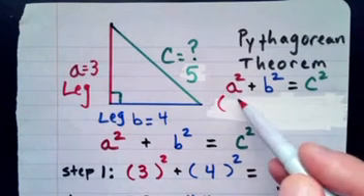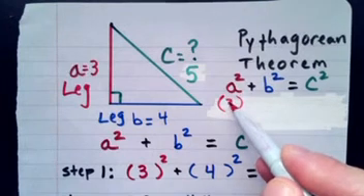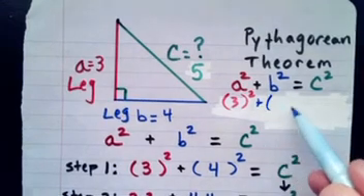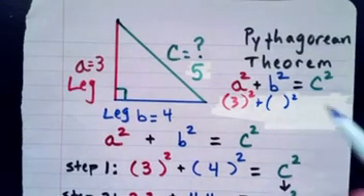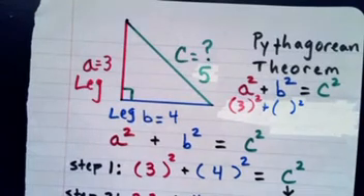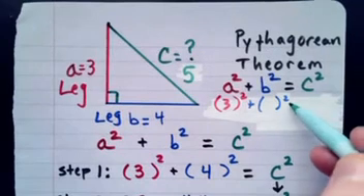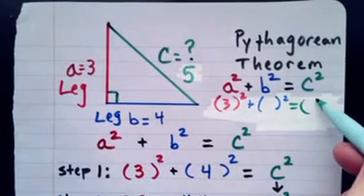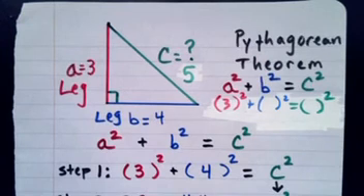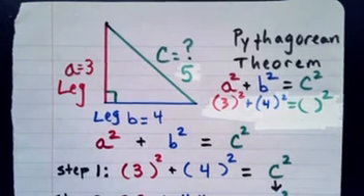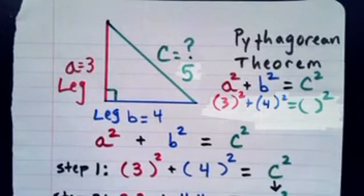So let me show you here. My value of a is 3. And don't forget that squared, plus the value of b, and don't forget your square, is equal to the value of c squared. So let me substitute those values. I know that the leg of b is 4, and I know the hypotenuse